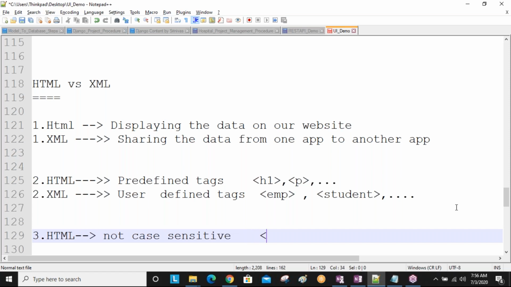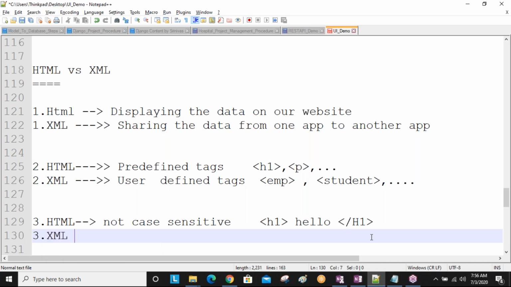Not case sensitive means H1 in small letters and capital H1 are both the same. So you open the tag, you close the tag, and in the middle you write the content you want to display, for example, hello. So this is true. Understand this one?